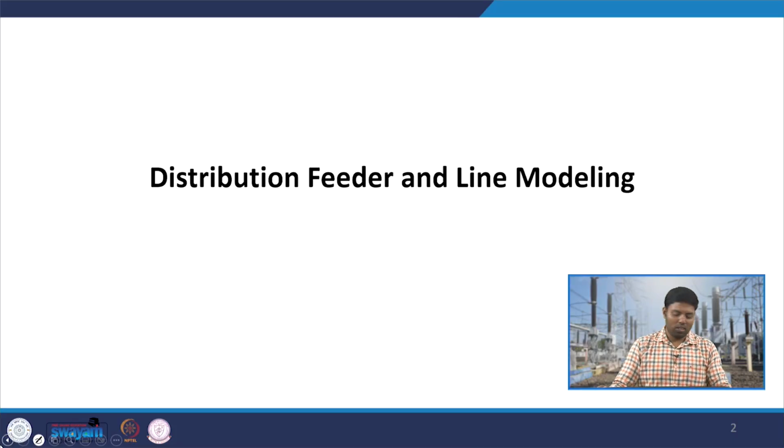We will continue with our module 2, that is DER Integrated Distribution Network Modeling. We have seen the models of the DERs, the model of loads, and voltage control devices. So, now the major thing which is connecting all of them, that is the distribution feeder and line model. This is the exact 3-phase line segment model we will first develop,